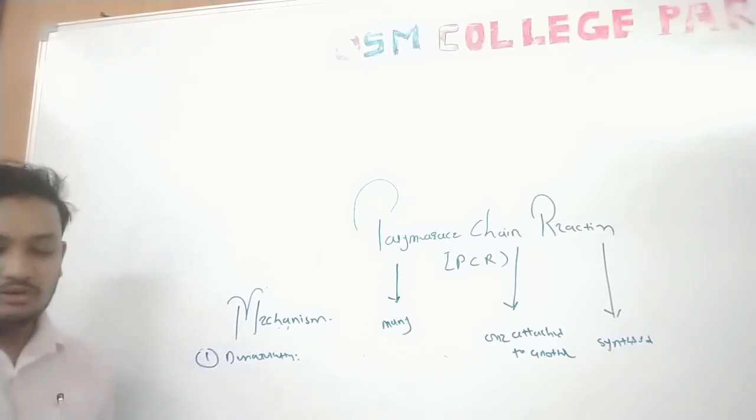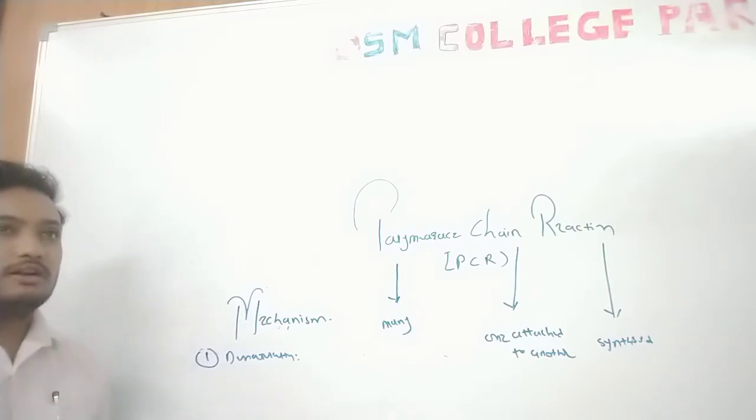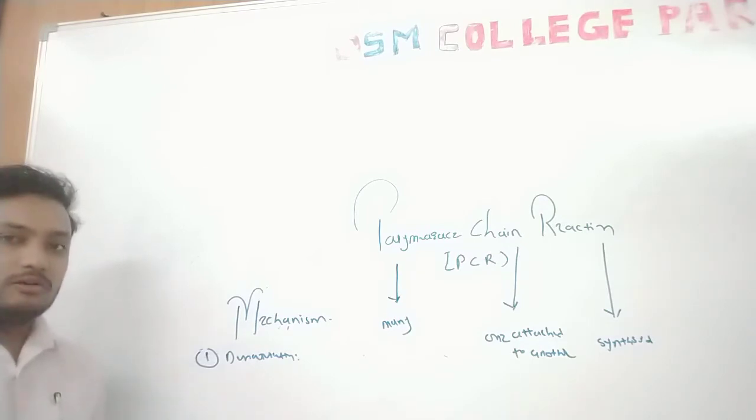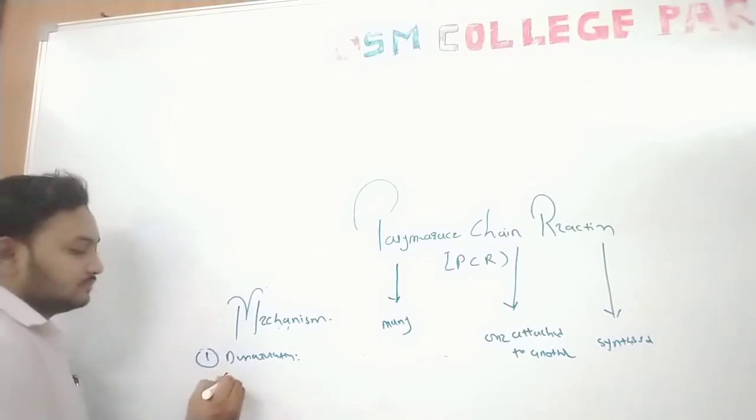In natural replication, when replication starts, the enzyme helicase acts on the DNA and strand breakage can occur. Same as in the polymerase chain reaction, denaturation is required for the separation of two strands,